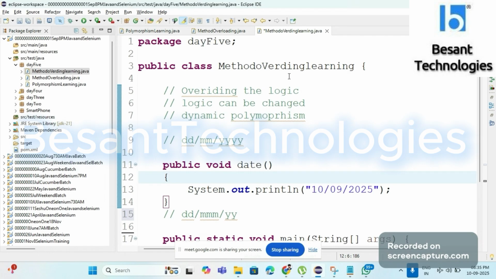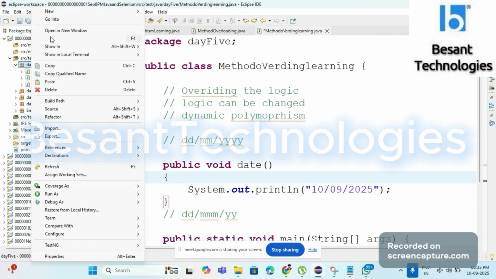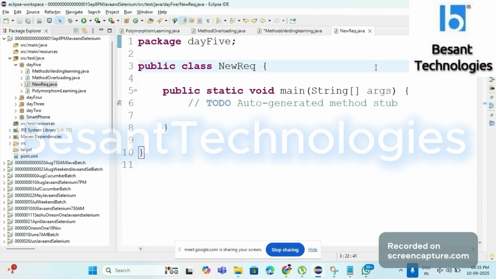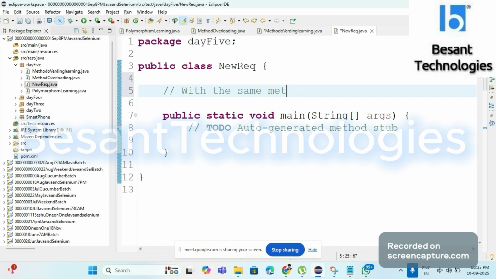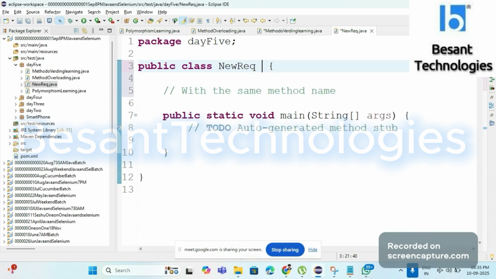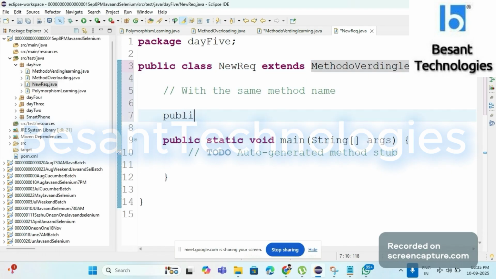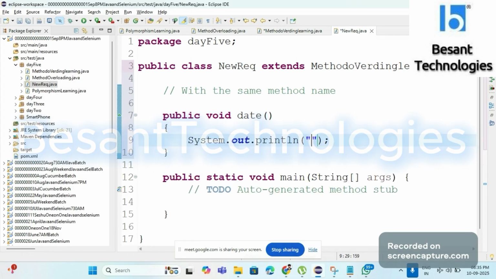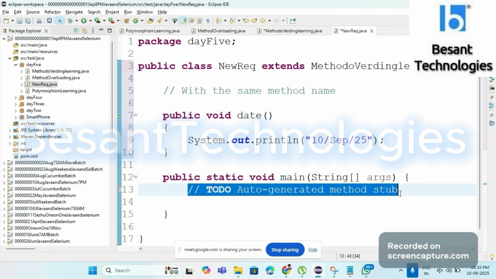Before changing the requirement, what was it? So what will we be doing? We will be creating a new requirement with the same method name, by inheriting this class using extends. With the same method name, we will be changing the requirement to 10 September 2025. So now if you create an object for this,